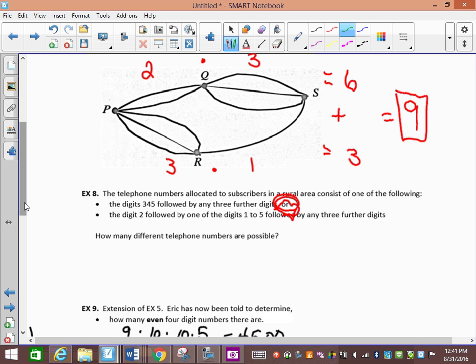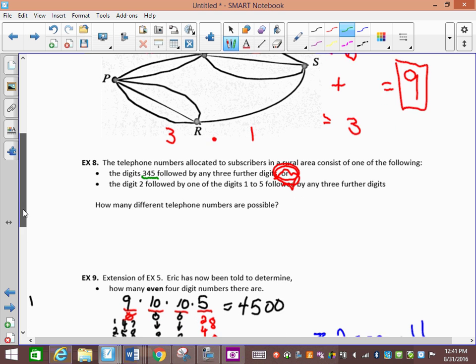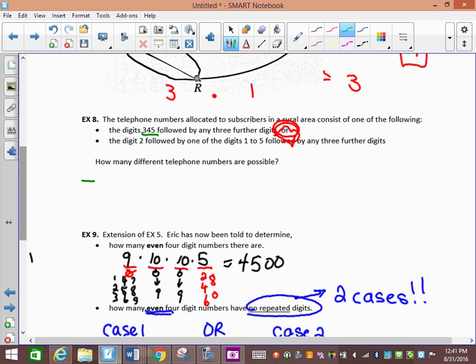It says how many different telephone numbers are possible. So the first one is the digits 3, 4, 5. So I have the options. The first one has to be a 3, 4, and then 5. So those are the first 2 digits of the number, followed by any 3 further digits. So what are my options here? 0 to 9, 0 to 9, 0 to 9. It doesn't say you can't repeat digits, so you can. Then or, so plus,